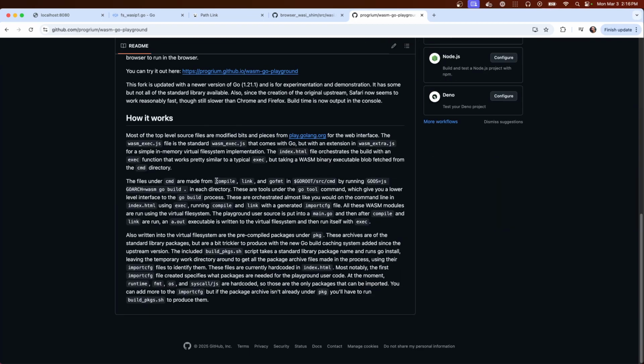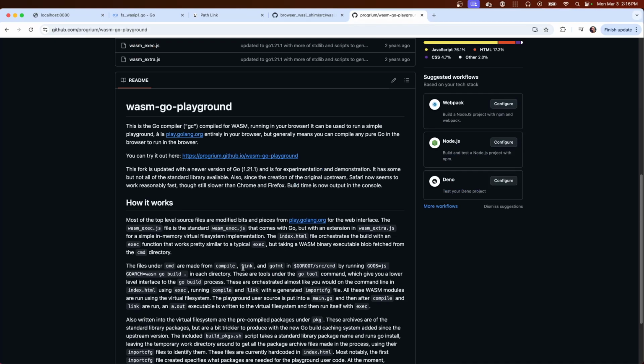So it involved basically not building the main Go toolchain Go, but just compile and link, and then kind of doing a bunch of stuff manually and pre-compiling standard library packages. So it was kind of a hack.